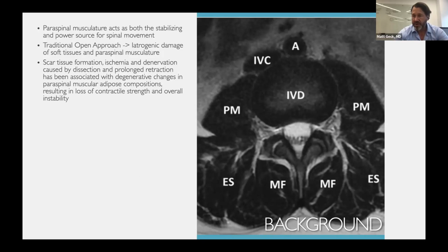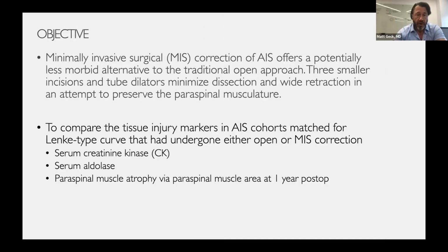When you do an open approach and you peel the muscles all the way off the midline spine and then retract on them, there have been studies showing iatrogenic damage to those muscles. Some of it related to retractor time, but some of it just related to the approach. You obviously get scar tissue formation and denervation of those muscles and loss of muscle bulk. So we were hoping that if we paid attention to minimally invasive correction, using these 3 smaller incisions,